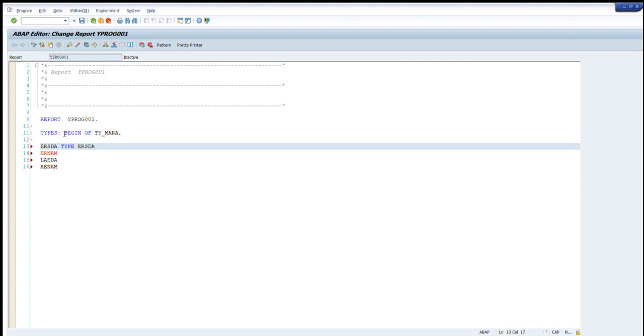If we are using one table only, then we can type this. If we are using more than one table, then in the declaration you have to specify which table we are talking about. If there are various tables in the database which have common fields, then only we can combine them, or use joins, or select the common fields. So I am here just typing ERSDA